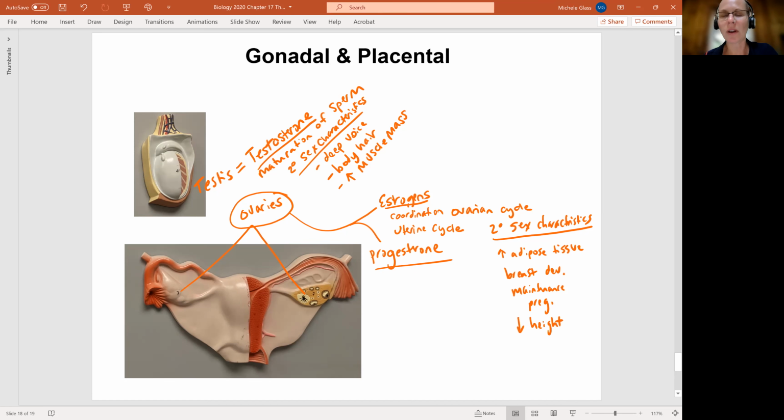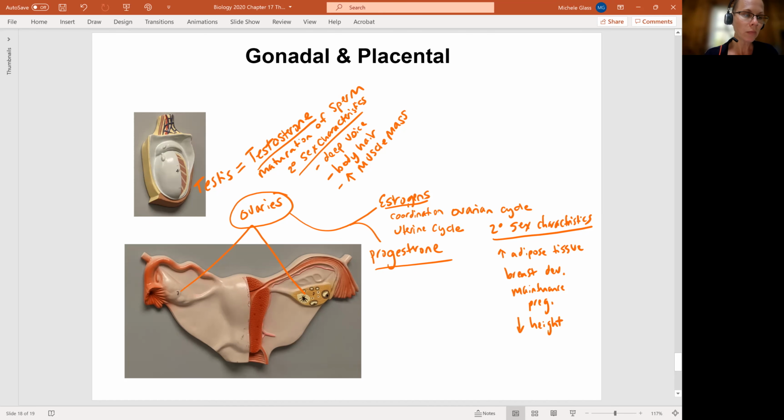So what we see with our estrogens, we talked about this in AMP1 when we talked about the skeletal development. We said that estrogens give us a faster epiphyseal closure compared to testosterone. So we typically see estrogens resulting in a shorter stature compared with development that's under the sort of control of